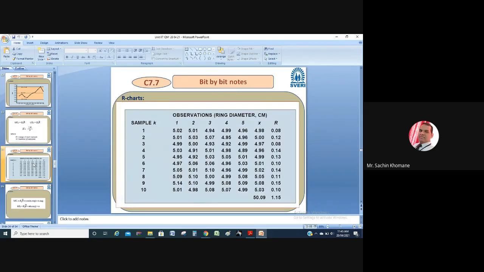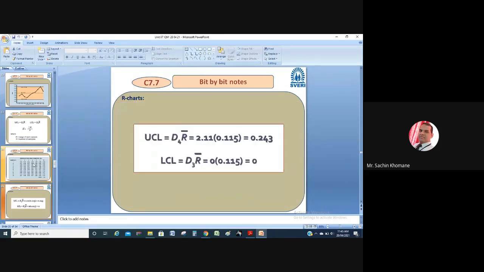Now, we will take the same example we calculated recently. Okay, so we'll save the time. Already you people have noted the values. Okay, all samples, all readings are with you, even though you have calculated the X bar also and range also. Okay, so values are with you. Now, how to calculate UCL?